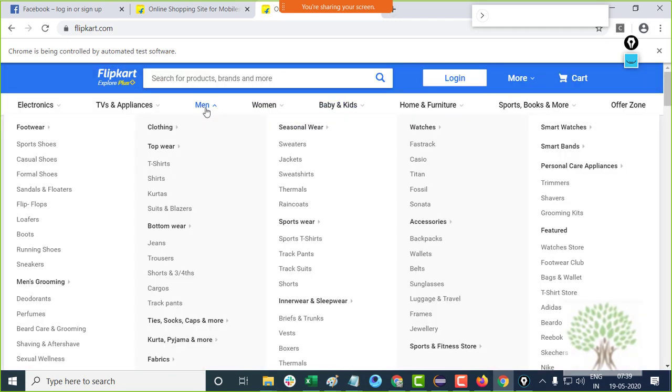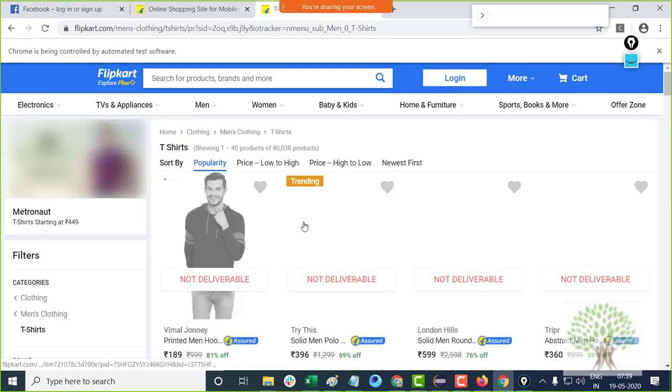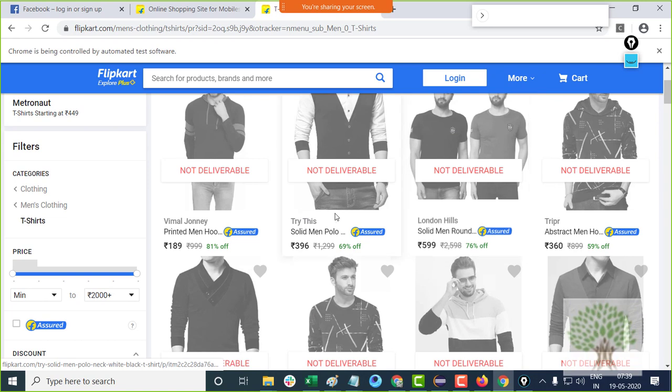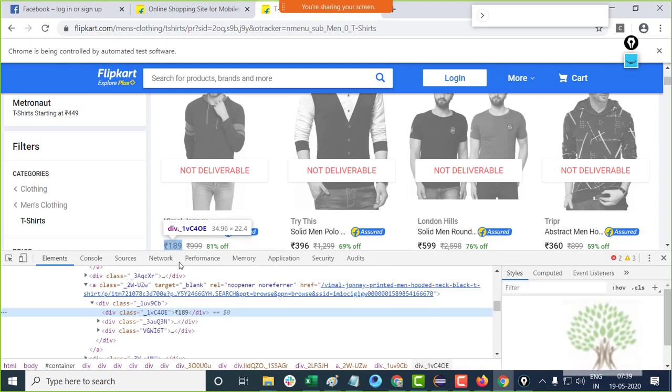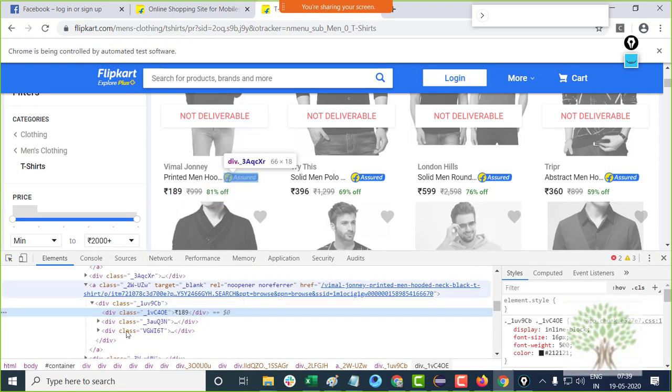If I go to Flipkart and if I go to say t-shirts section, I will have number of products over here. If I investigate say this particular product and I look at the price 189, this price tag has got this particular class.